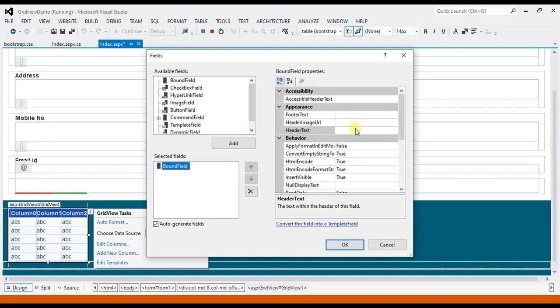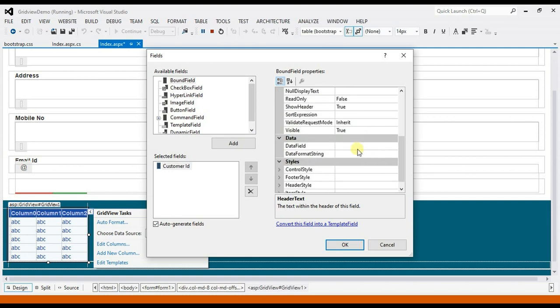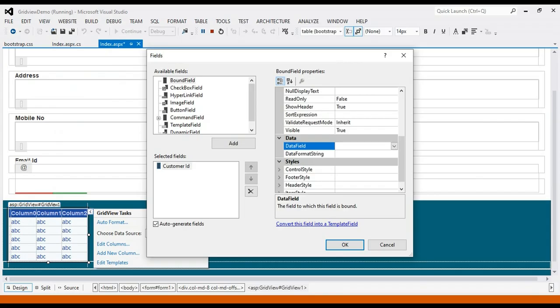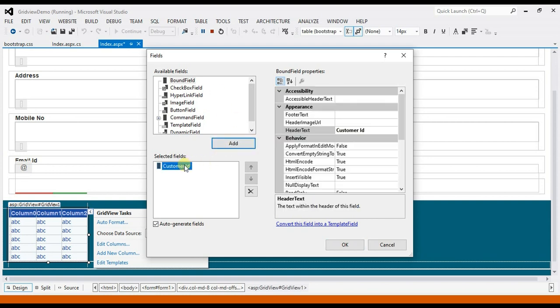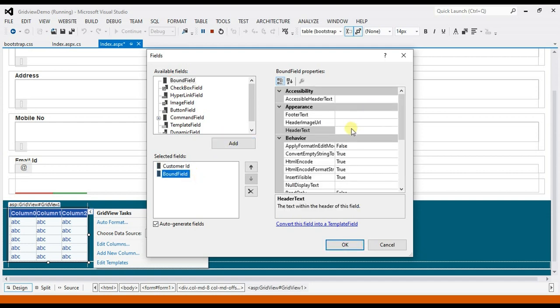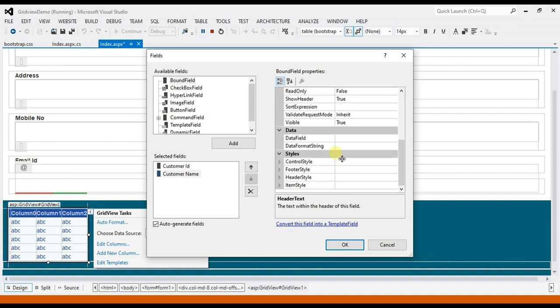In the Header Text section, type here Customer ID and in Data Field, type this column name. Okay, CID, Customer ID, CID. Now again select BoundField, click on Add, type here Customer Name, Data Field, this column name. Okay, CNAME,